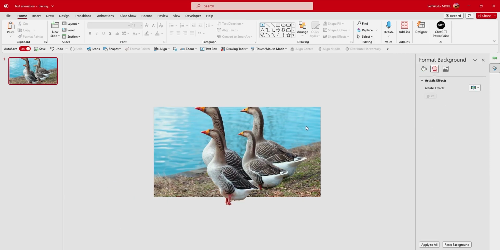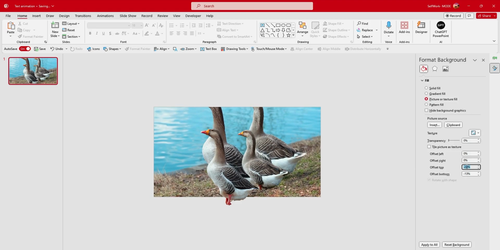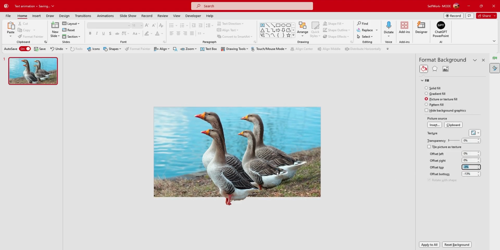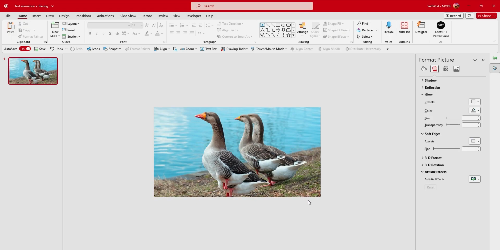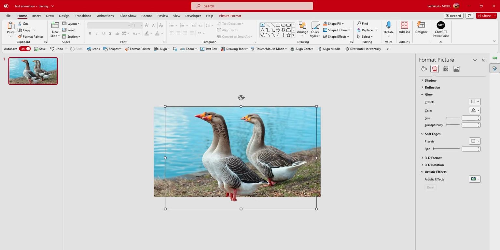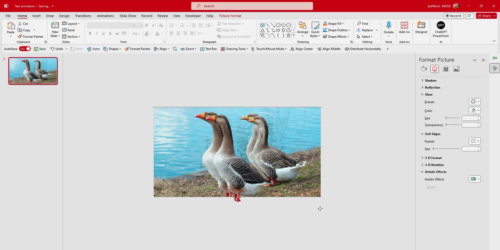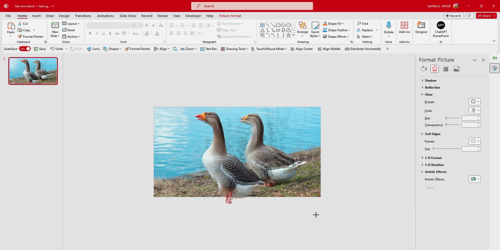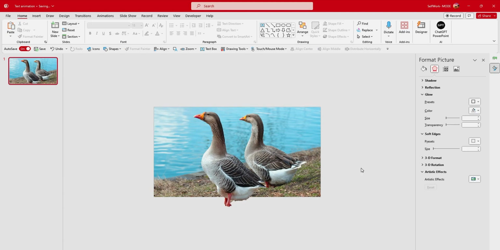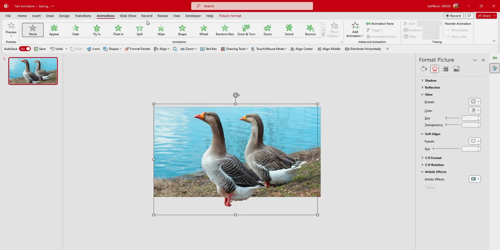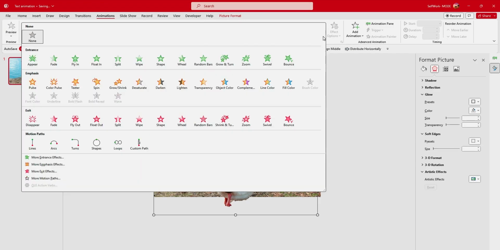And now what I have to do is just move this a little bit down like this, and now I have to reframe this so it matches. All right, like this. Now I have to go to animation, and here I'm gonna add